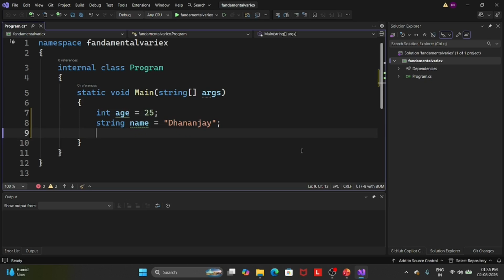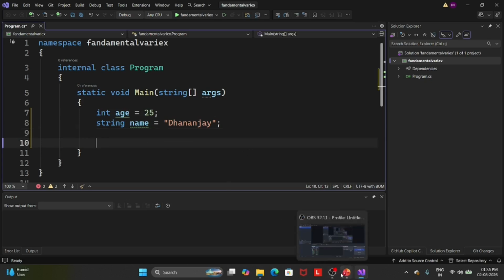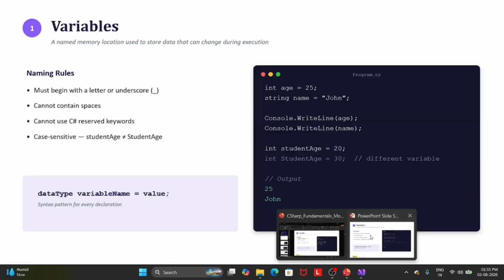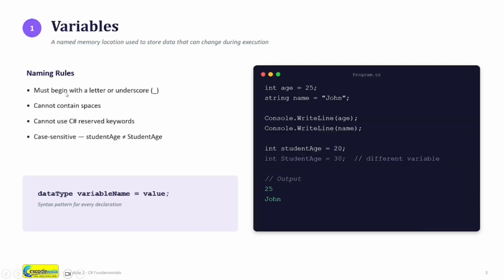Again, rules of variables. A variable name must begin with a letter or underscore. That means a variable name cannot begin with a number.